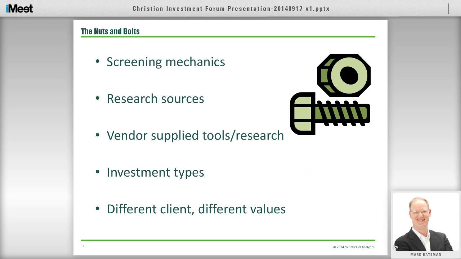With that sort of backdrop, what I'd like to do today is talk about a series of things that will give you a framework and a background for understanding what's going on when we talk about biblically responsible investing or use any of these other labels. Look at some of the specific mechanics that are used in applying these kinds of values into an investment process. Look at the original sources that are used by ESG vendors to develop the research and tools. To look at who some of those specific vendors are by name. To look at some of the basic types of investment where values investing is available,